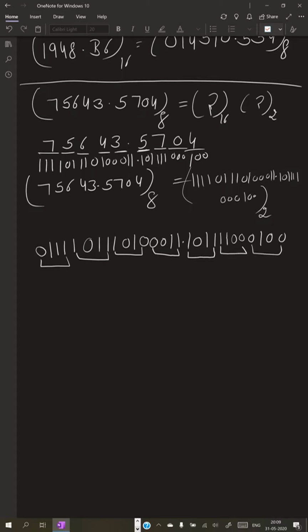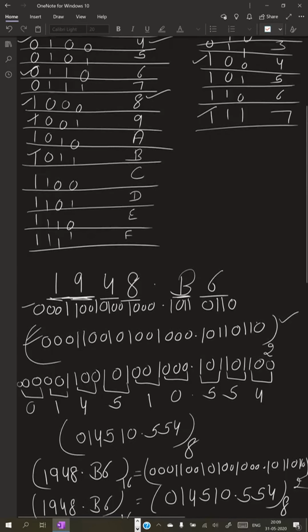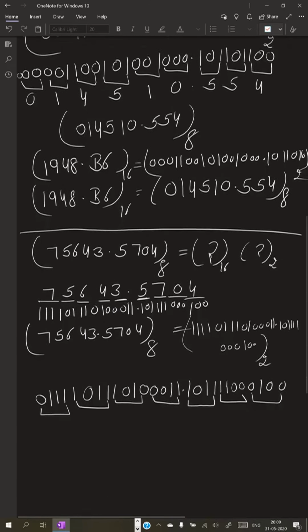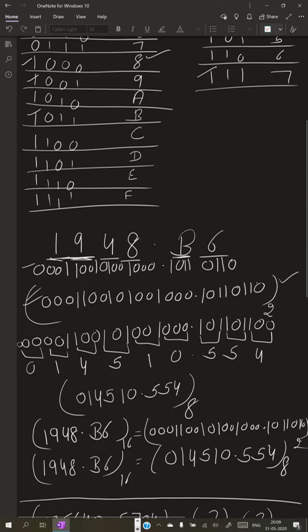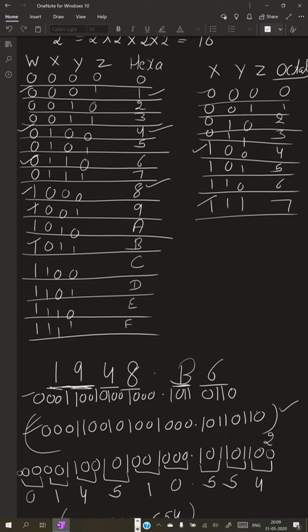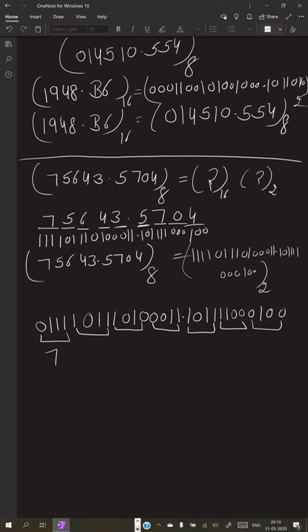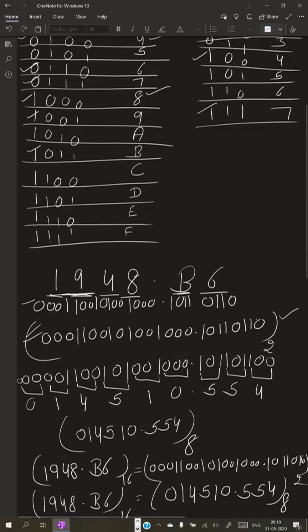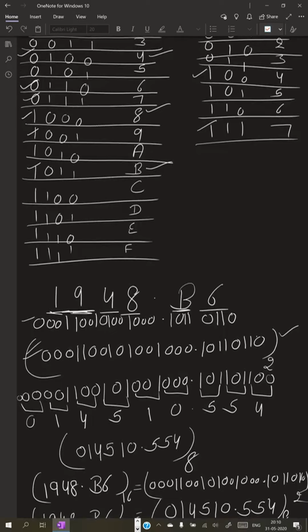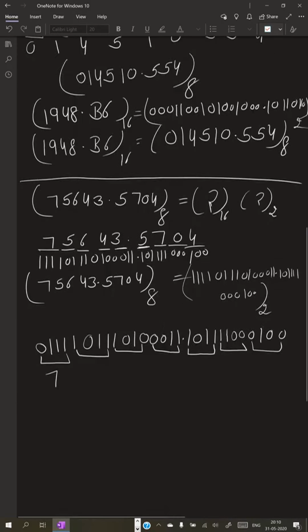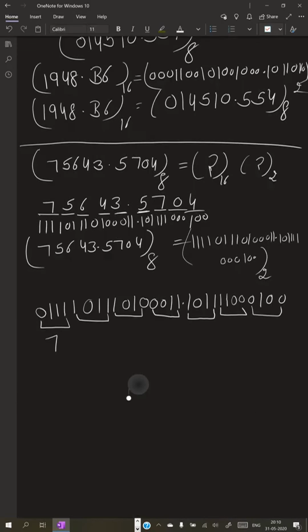Now you need the hexadecimal table, and the hexadecimal table is our 4 variables table. So first is our 0 1 1 1, so you can find out 0 1 1 1 is our 7, so you can write down here 7. After that you can find out 1 0 1 1, and this is our b, so you can write down here b.